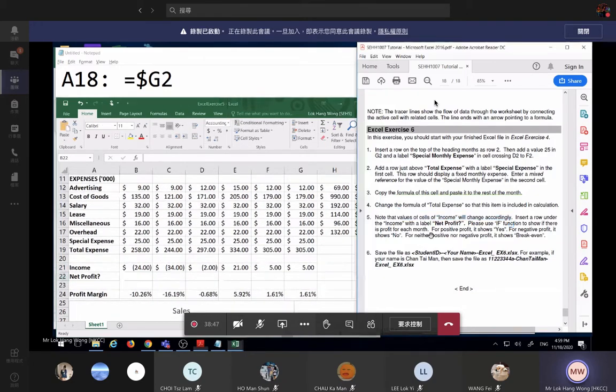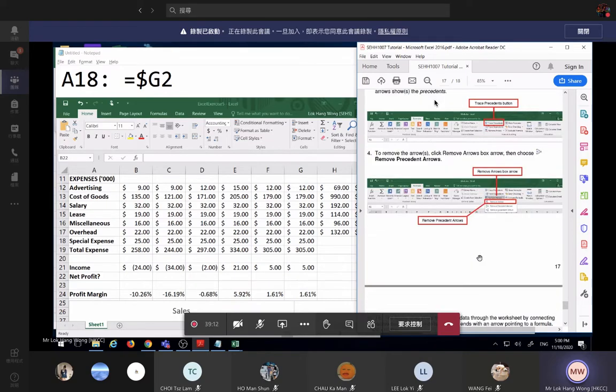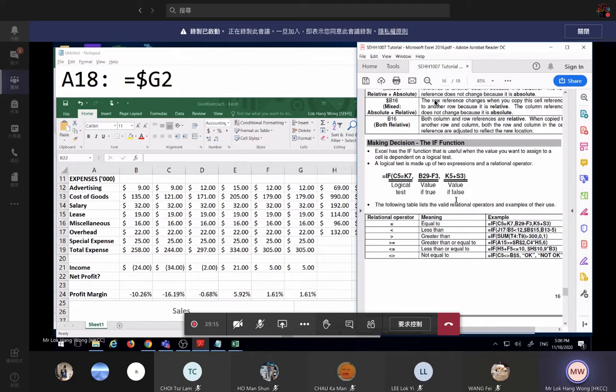we want to. So this part is tricky because it does not very explain what kind of if that we should display here. It says we please use a function to show if there is a profit for each month. However, notice that for this part here, positive profit, yes. Negative profit, no. Neither positive nor negative, break even. But the problem is, for all the if functions that we have just introduced before, it seems like there could be only 2 outcomes, right? 2 outcomes. So what we want to do here, we want to have 2 if functions so that we can